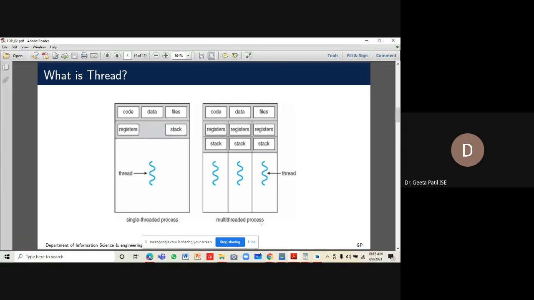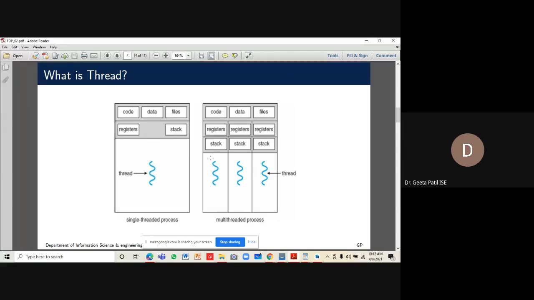What is the specialty of threads? Threads share resources heavily. You can see in this diagram that we have a process consisting of 3 threads. These 3 threads have a common code area. They share the data, they share the files opened by the application.